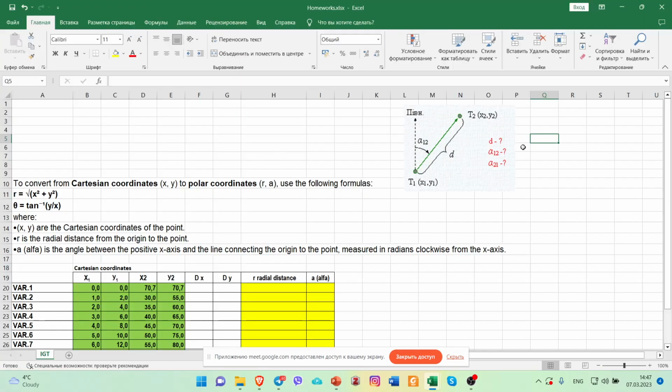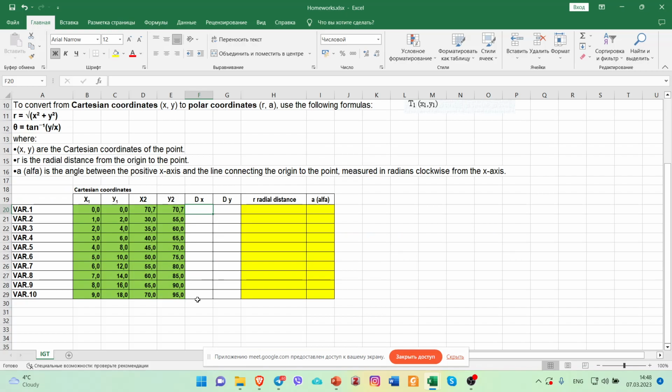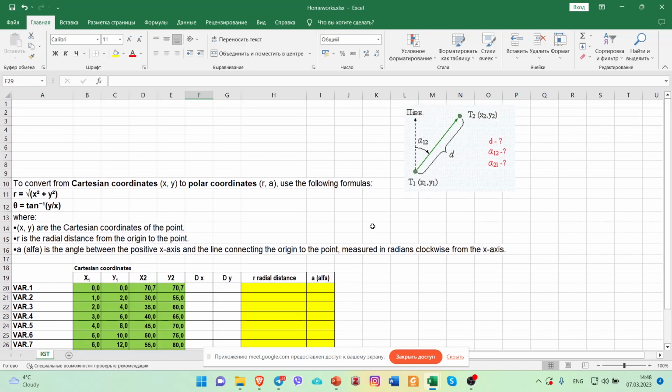For your homework, the first step is calculating, let's try to work with this variant. Calculate the